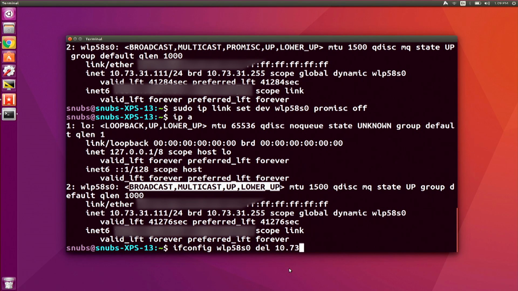So here it would be 10.73.31, I'll just use an example, 123, and then that would add or delete the IP address. And then for IP, you would type in ip a, add or delete, del for delete, 10.73.31.123 for my example IP, dev, and then whatever the device is,